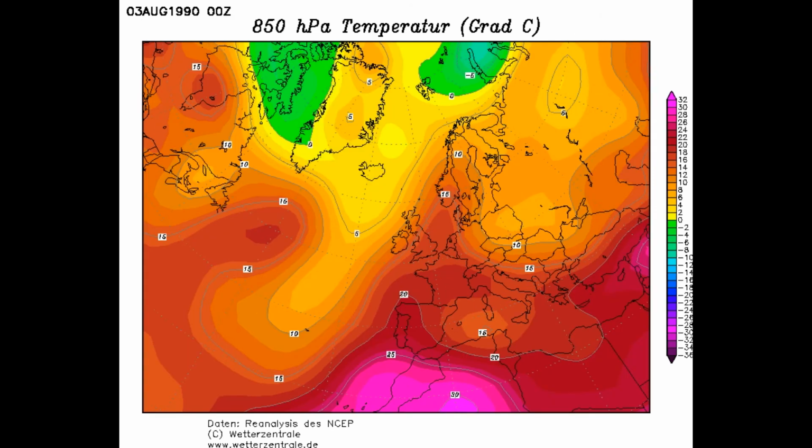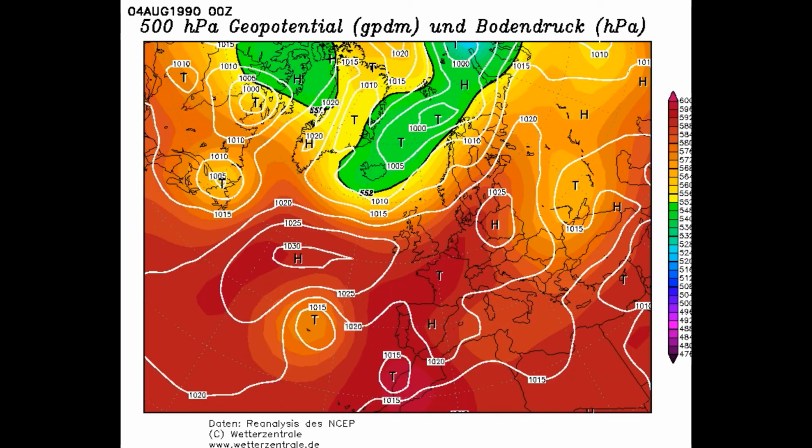And those are the upper air temperatures there on the 3rd of August. The 15 Celsius isotherm right through the country, so it's hot across a vast majority of the country. And that heat hangs on overnight into the 4th. And then actually the 3rd and into the 4th of August 1990 was the warmest night on record across the whole of the country.